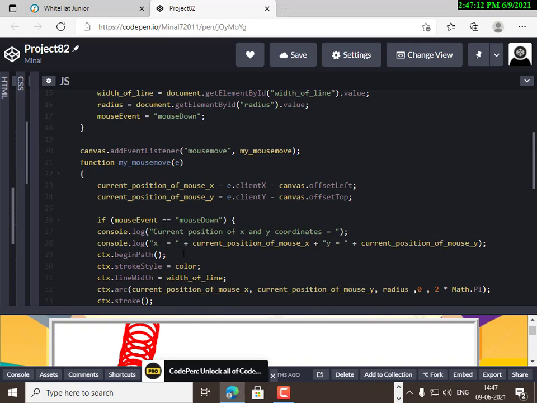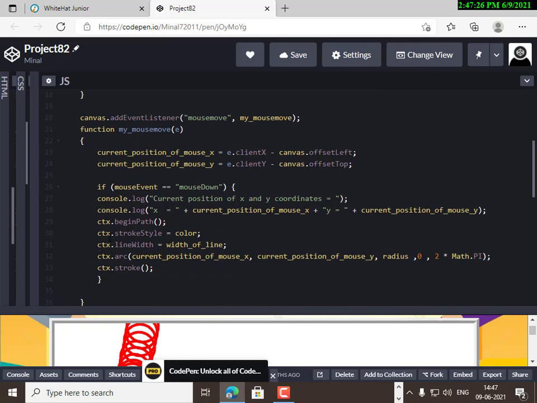then console.log current position of x and y coordinates, console.log x equals, then plus current position of mouse x plus y equals plus current position of mouse y, ctx begin path, ctx stroke style equals color, ctx line width equals width of line, ctx arc current position of mouse x, current position of mouse y, radius 0, 2, then multiplied math.pi ctx dot stroke,